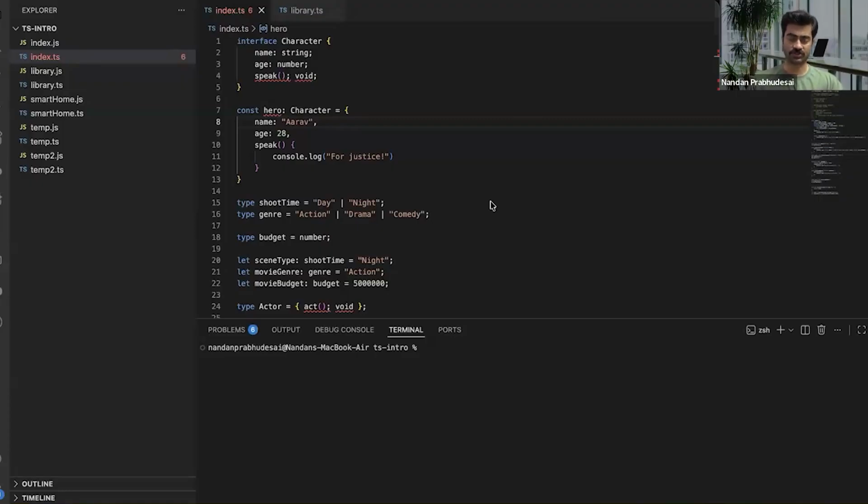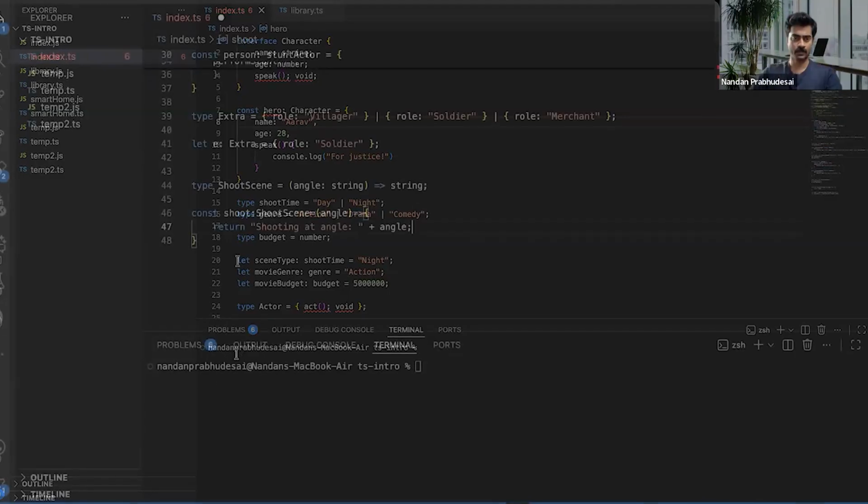Today, using the film production analogy again, let's move from planning roles to the actual filmmaking process. On a film set, every department follows strict instructions. Lighting, camera, sound, everyone knows exactly what input they need and what output they must deliver. In TypeScript, that discipline is enforced using function signatures, which specify what a function must receive and what it must